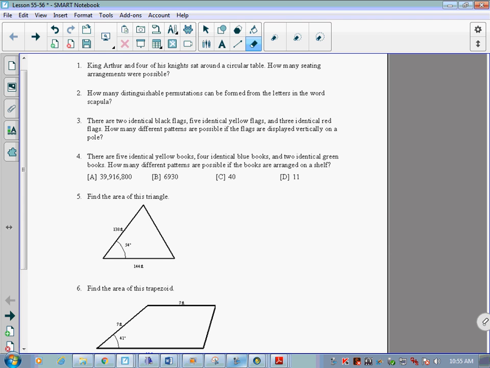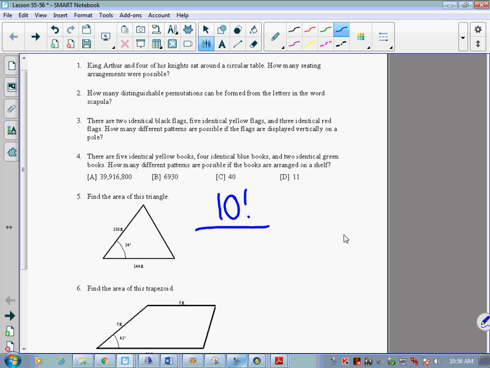All right, so let's look at number 3. There are 2 identical black flags, 5 identical yellow flags, 3 identical red flags. How many different patterns are possible if the flags are displayed vertically on a pole? Well, displaying them vertically on a pole really doesn't matter. The first number that goes on top is the total over the combinations, right? So we've got 2, 5, and 3. That's 10. So it would be 10 factorial,